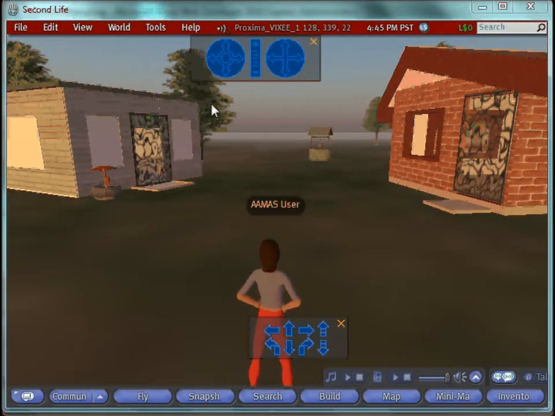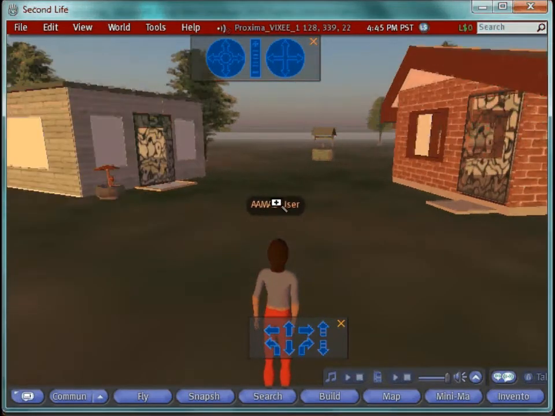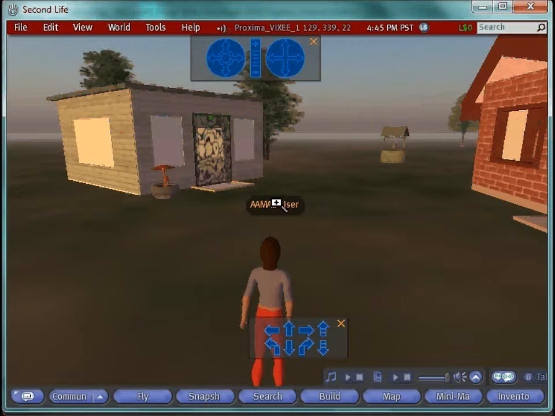Hello, in this short demo I would like to present to you the VIXEE system, which is an execution environment for virtual institutions. VIXEE allows the causal connection between the 3D virtual world, which in this demo is Second Life, and electronic institutions. First of all, let me apologize for the very slow frame rate, which is due to